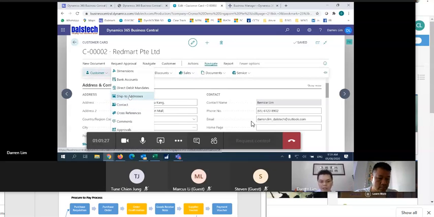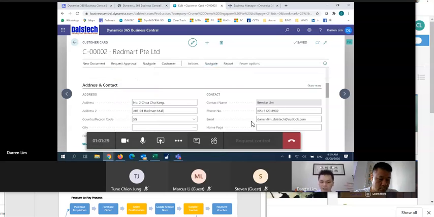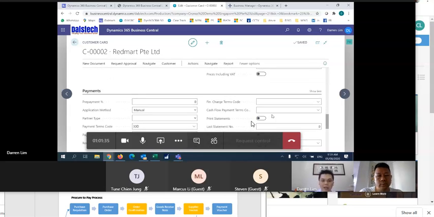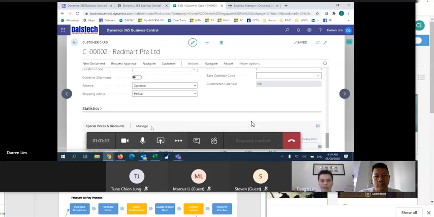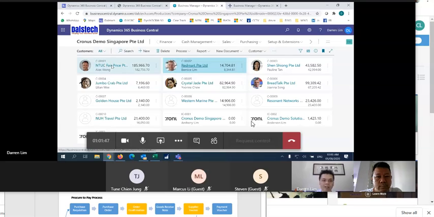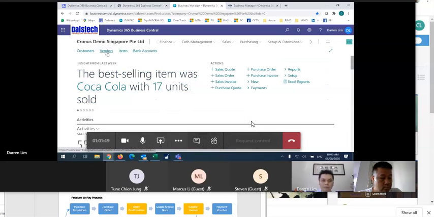So you can maintain different ship-to addresses. All this is standard. Then this part is more on accounting, which we will discuss during the business analysis. Then the payment terms. And when you sell an item, is there any specific selling price for this particular customer? Similarly, if we go into the vendor master,